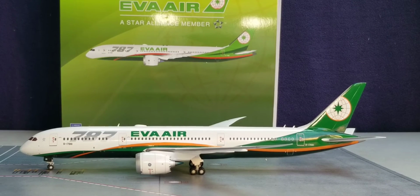Alright, allow me to share some more information about the Eva Air Boeing 787-9 stretch Dreamliner aircraft and how it became a part of their fleet, and it's definitely becoming a game changer for this particular airline, okay? Eva Air officially became the 34th operator in the world of aviation that acquired this prestigious state-of-the-art aircraft, as Eva Air took delivery of the very first of 25 Boeing 787s, in which 8 of those were the Boeing 787-9s, and the remaining 20 of those were the Boeing 787-10s that Eva Air had placed orders for